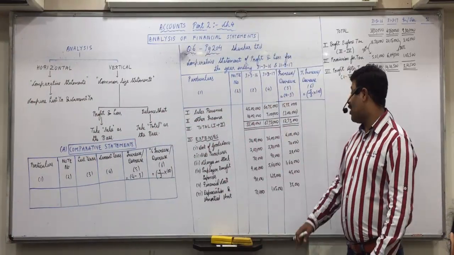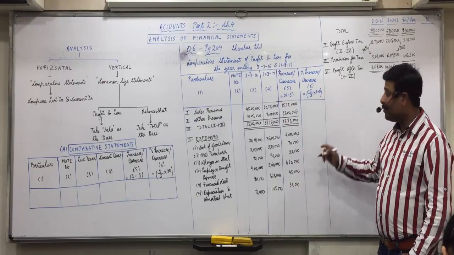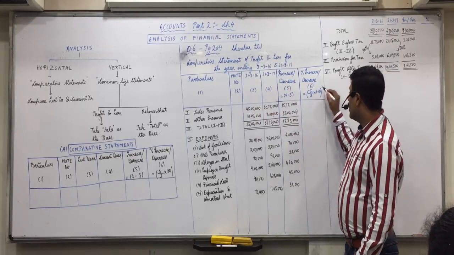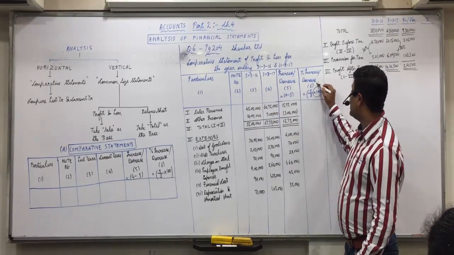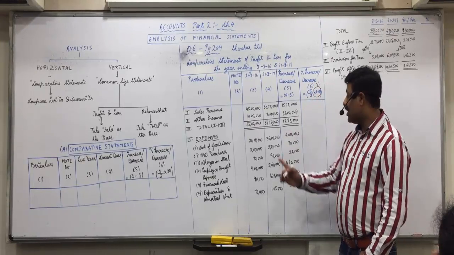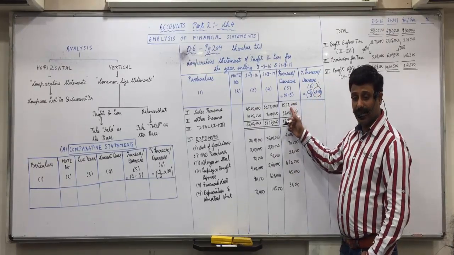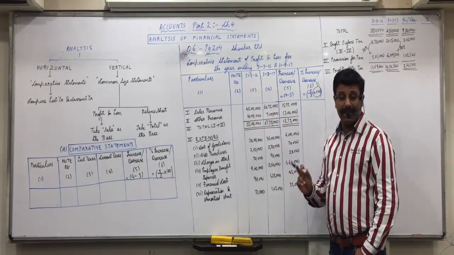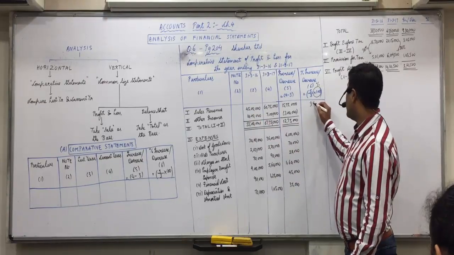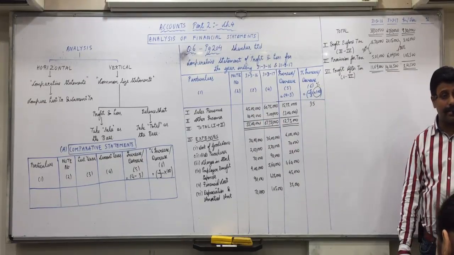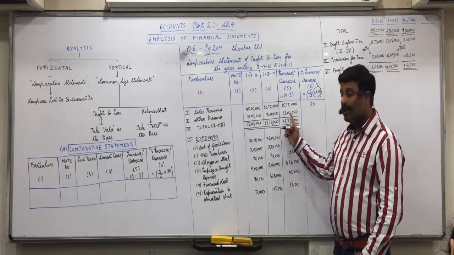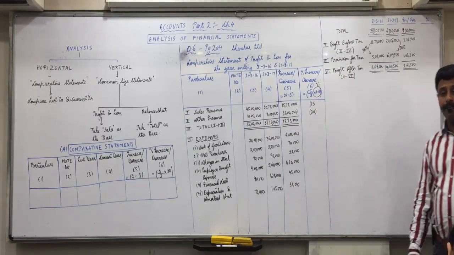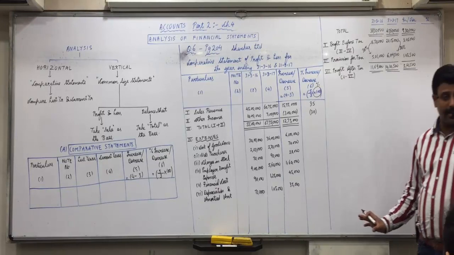Yes, understand it properly now to find this percentage increase or decrease. Column 5 divide by column 3 into 100. Instead of into 100, you may simply press the percentage key in the calculator. Do it as I am saying: 15,75,000 divided by 45 lakhs and press percentage, 35. Did you understand this? Do 3 lakhs divide by 10 lakhs percentage, in bracket negative 30. It's minus 3 lakhs, so minus 30%.